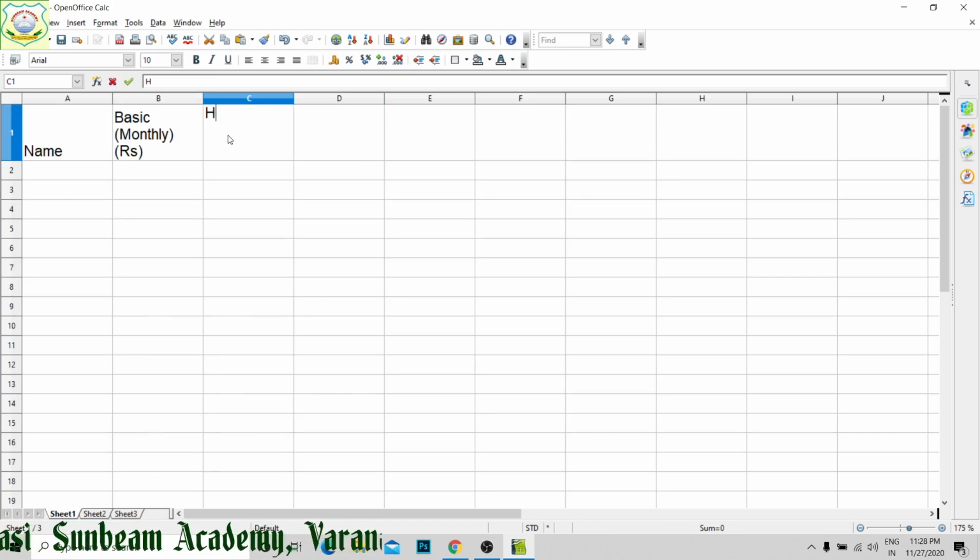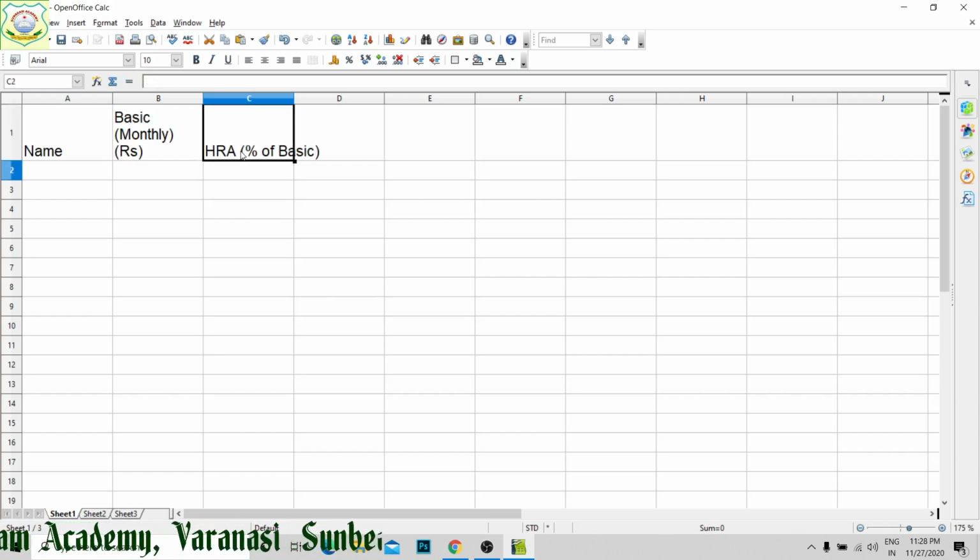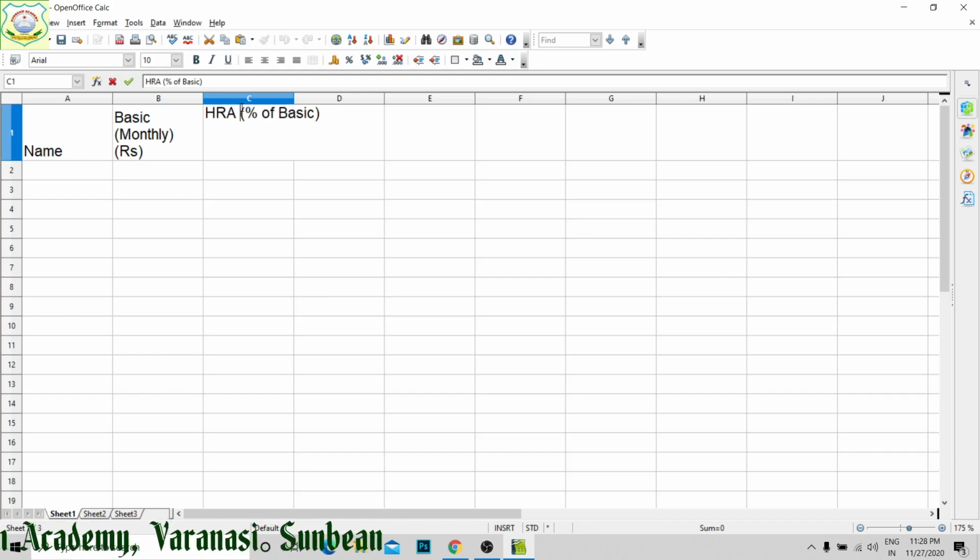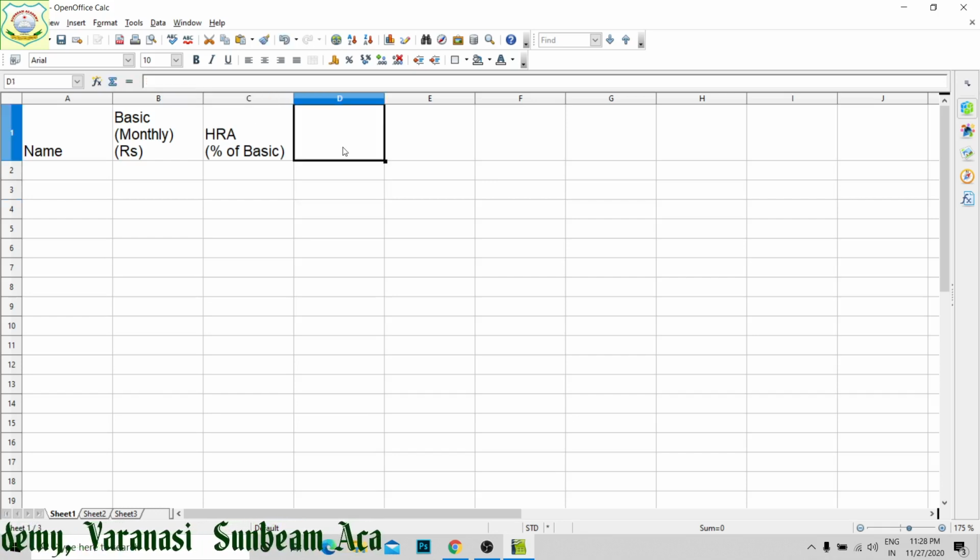Now HRA, that is, it has been given percentage of basic. So this also has to be given in the next line. So here Control Enter, it will go to the next line. Now in the next line, DA, that is in rupees.